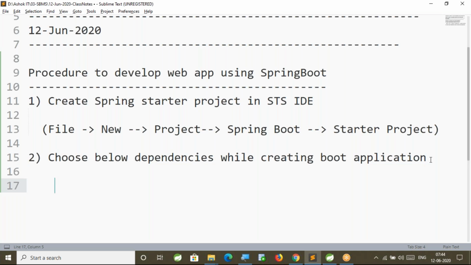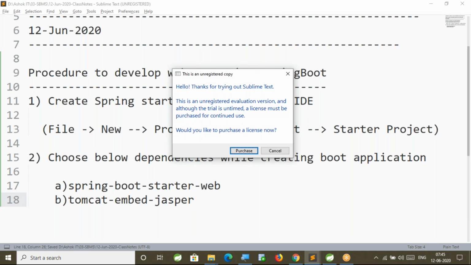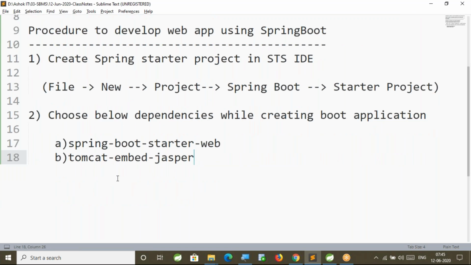One is Spring Boot Starter Web. Second one is Tomcat Embed Jasper. These are the two dependencies that are required for our application development.